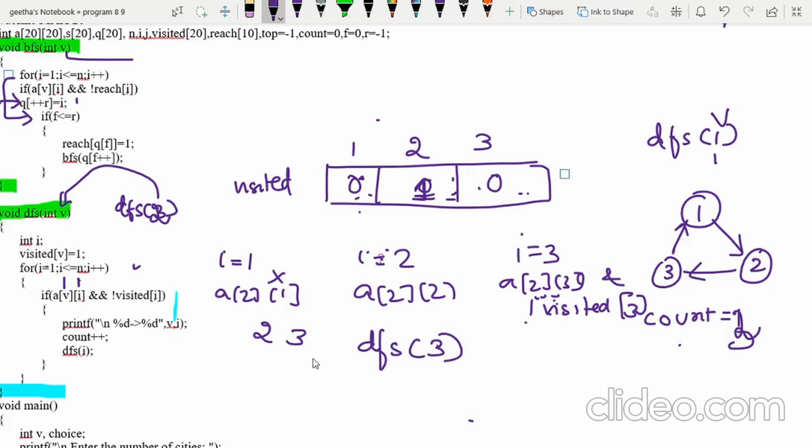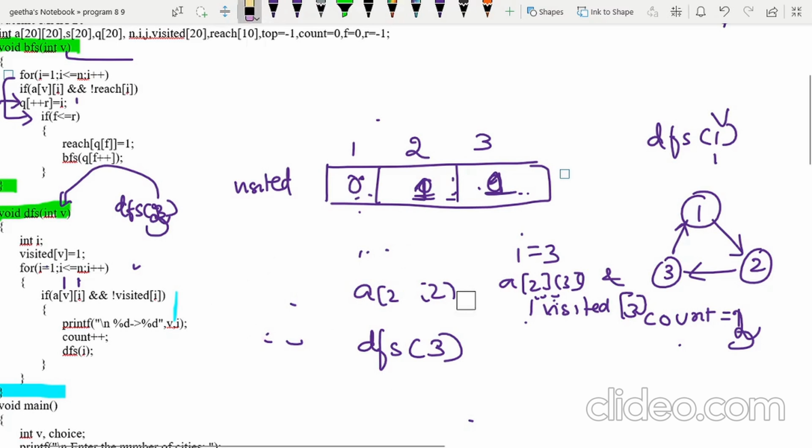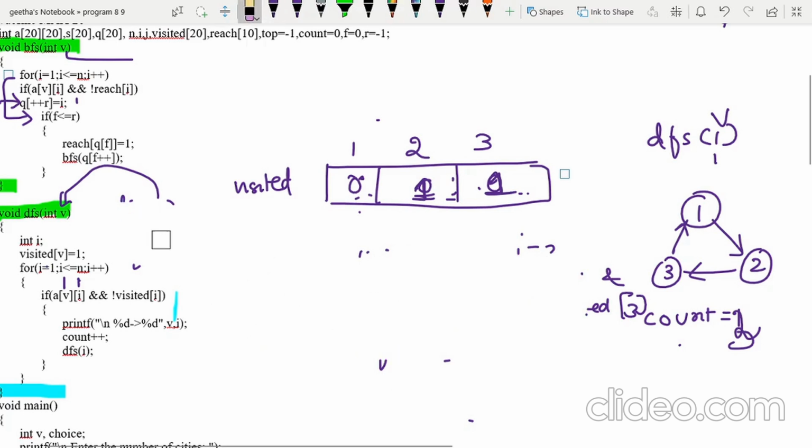Okay, DFS of 3. So remember here DFS of 3, again visited of 3 becomes 1. If so, then what? Then again you start the for loop from the beginning. So remember this time DFS of 3 is being called.